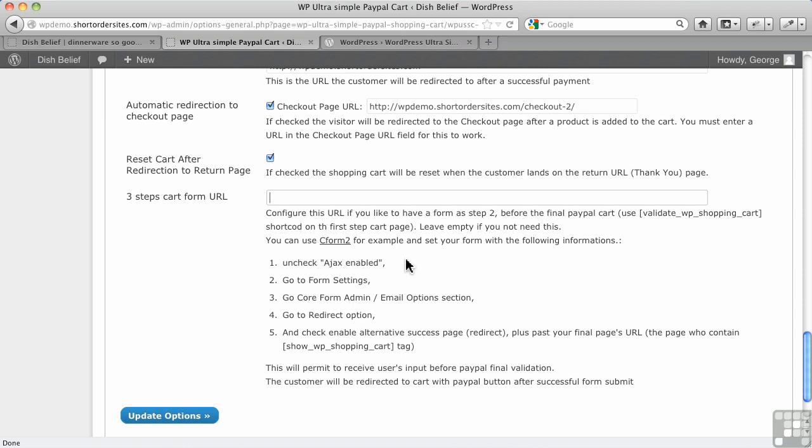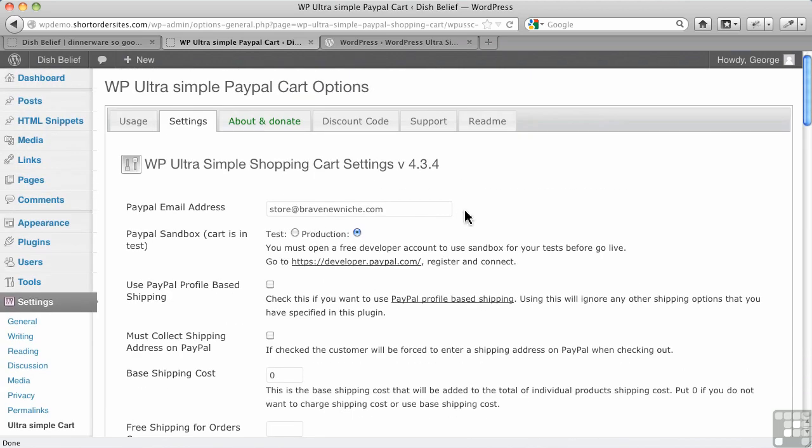Now, it's never quite clear what this is about or what it's for. It certainly doesn't validate anything, but I think from what I've read in the forums that the intention here is, if you want additional information to be submitted to you before they go to PayPal, it's like a chance to grab some extra information from people. And maybe there are scenarios where you need that. I'm not totally sure what it is, but it's certainly nothing to do with validation. I'm not totally sure how to use it. We'll try to figure that out as we're going along. But that's the basics of your settings page here for the ultra simple shopping cart.